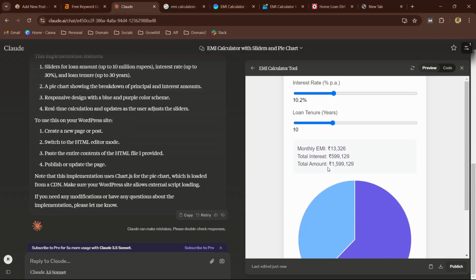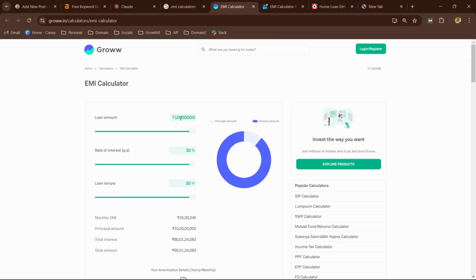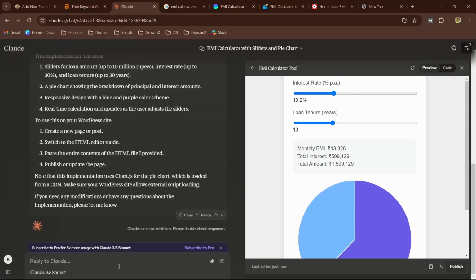Interest, loan tenure. Okay, so I think it missed something. It missed the loan amount, so I'm going to go ahead and tell it. You missed the loan amount at the top, and also make this fluid, make the animation fluid,